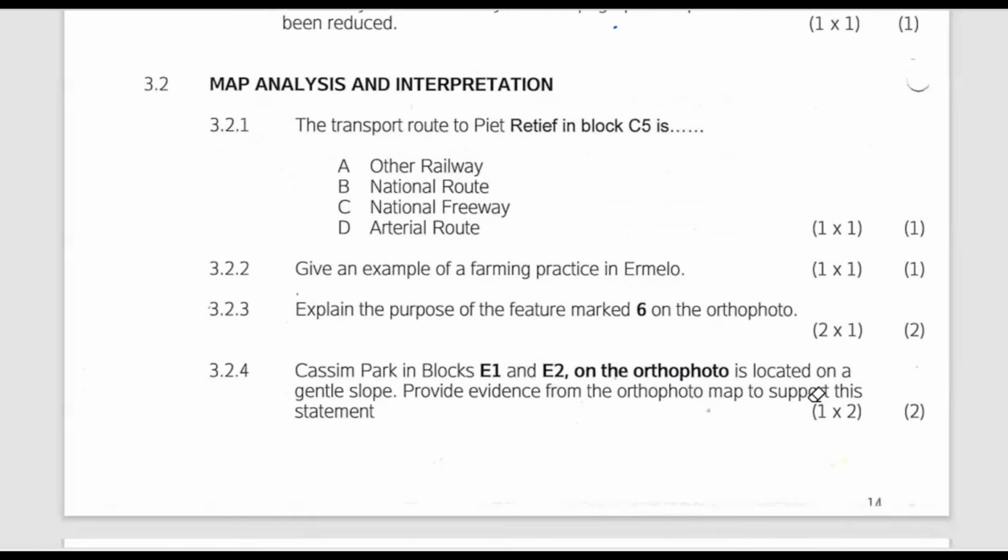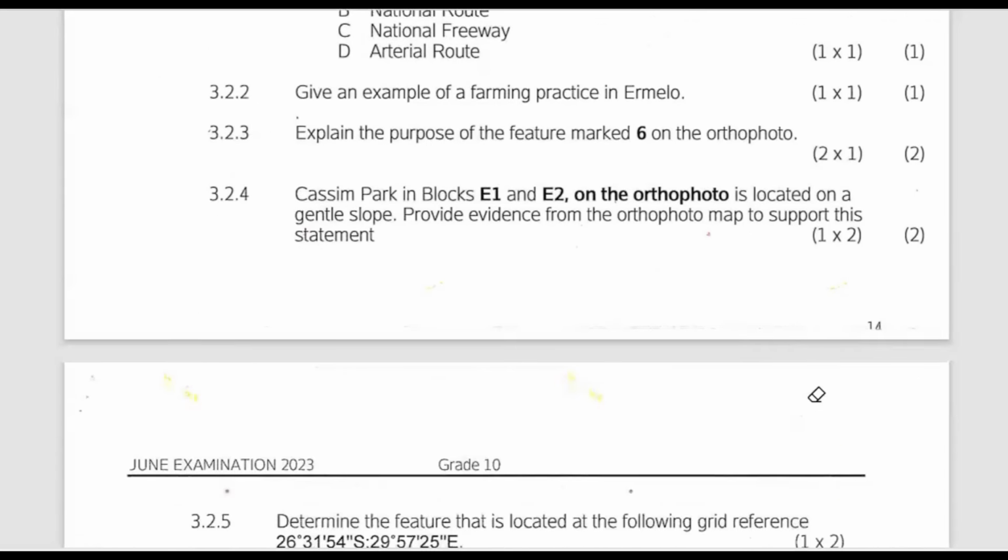Then to give an example of farming practice in MLO, unfortunately, we don't have the evidence. You check on the evidence to see what actually is happening in that particular block. But it's much easier to check on the map. Explain the purpose of feature 6. Right, you just check the nature of the feature and confirm with the key of the map and see how it is used by people in that area. Then